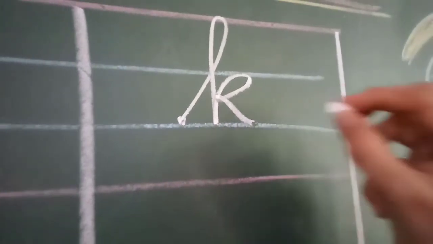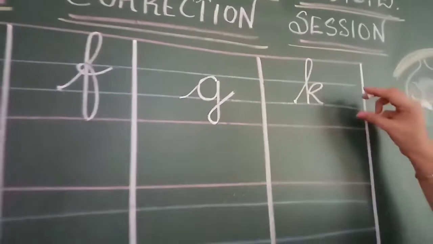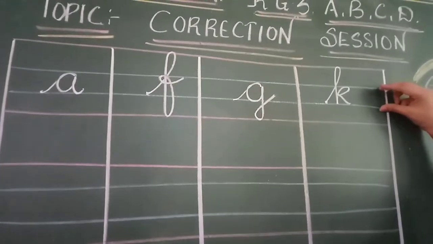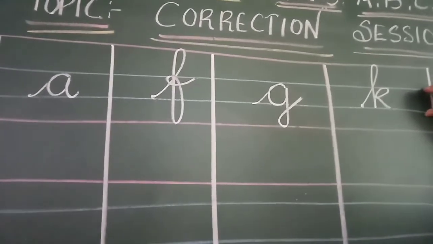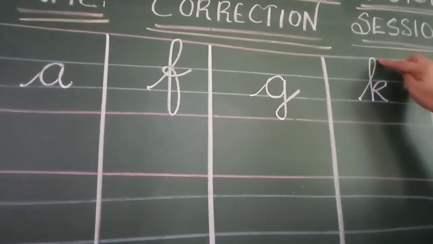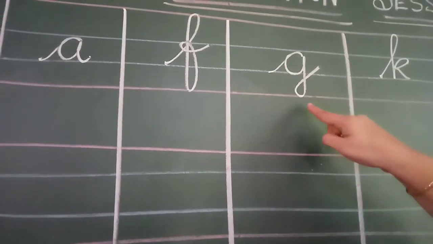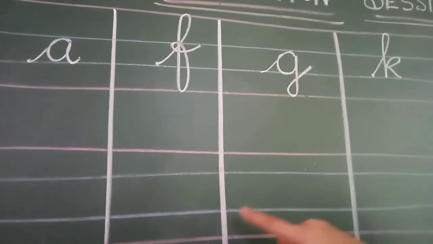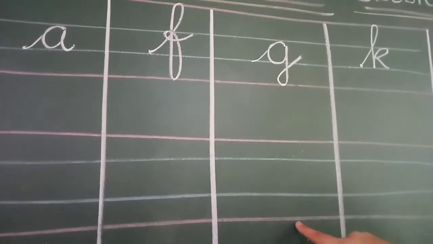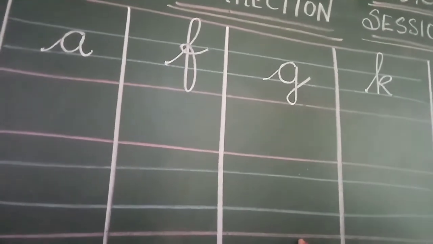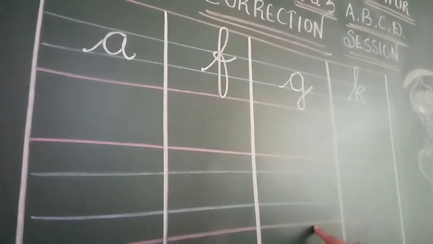In cursive writing, you have to start most letters in the two blue lines. Wherever it is required, we have to touch the red line and then come to the blue line. In only G, F, J, you have to touch the fourth blue line. Please just note how to write this way.